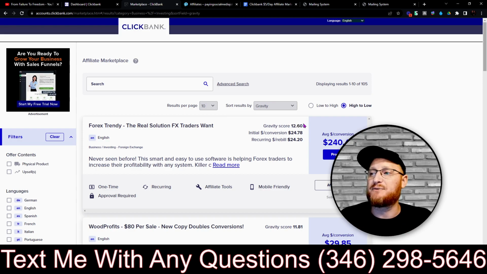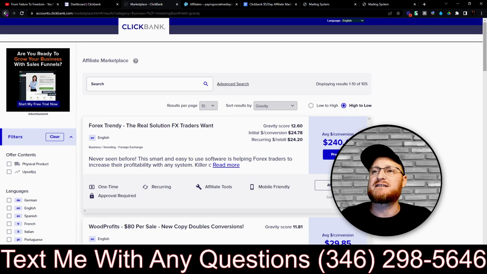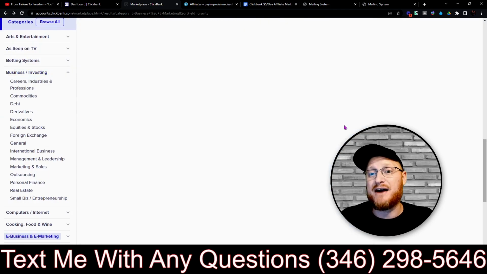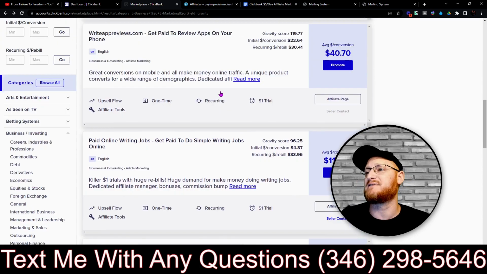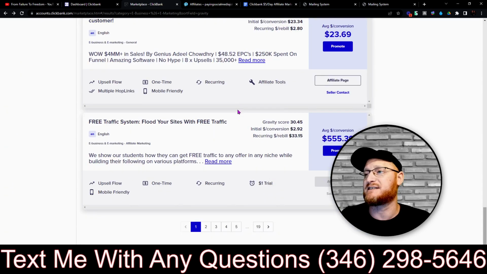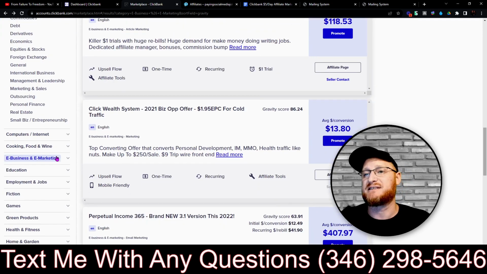Only 12% when we're using a gravity score of over 200, 230 or something like that. So that just tells us that this doesn't have a high gravity score. When people do manage to get sales from it, yeah, the average is higher. That maybe is why the gravity score is so low. But even some of these ones, as we move down in e-business and marketing, still have way higher gravity scores than that. That's at the bottom of the page compared to business and investing is what I mean.